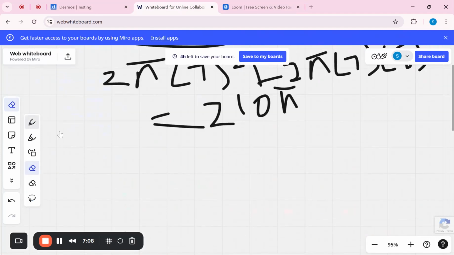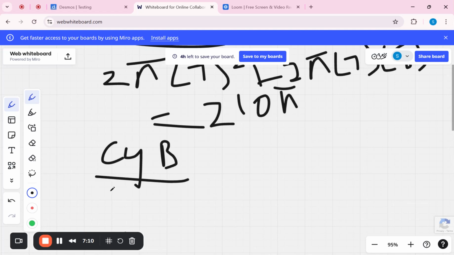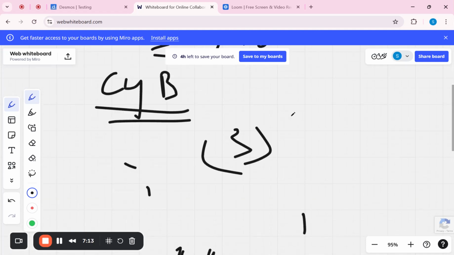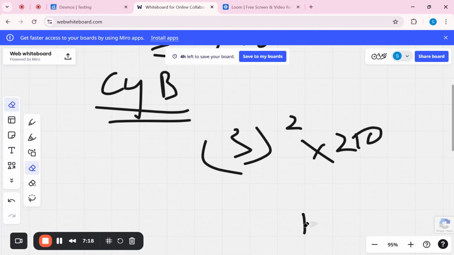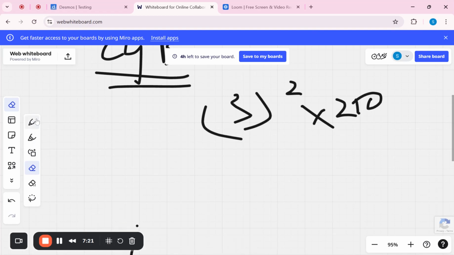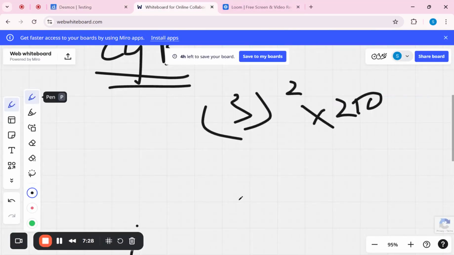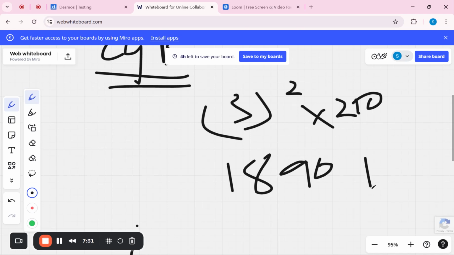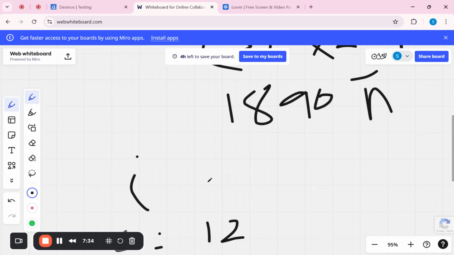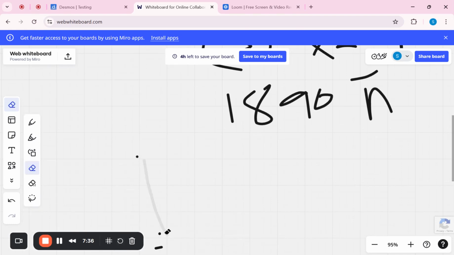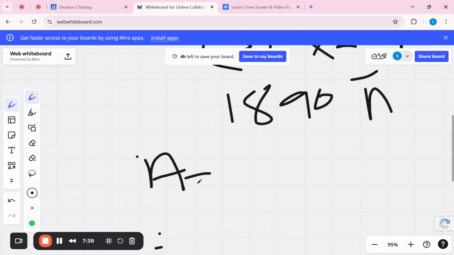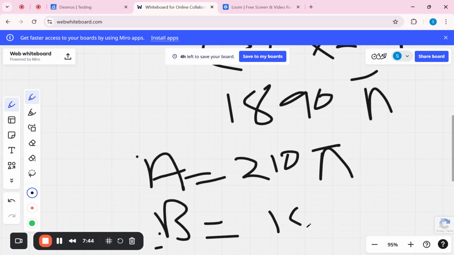Now for cylinder B, 3 square multiplied by 210, 1890, so 1890 pi. So now the surface area of cylinder A is 210 pi and the surface area of cylinder B is